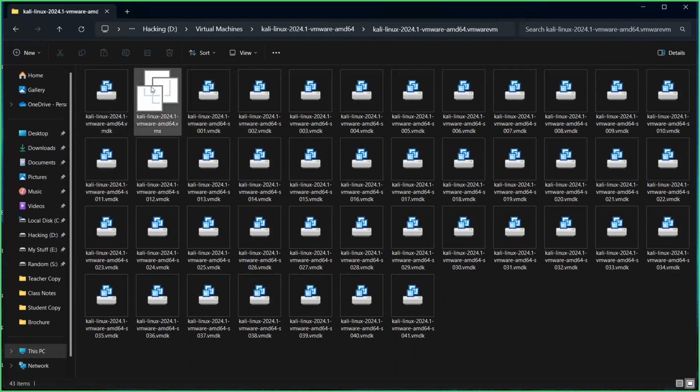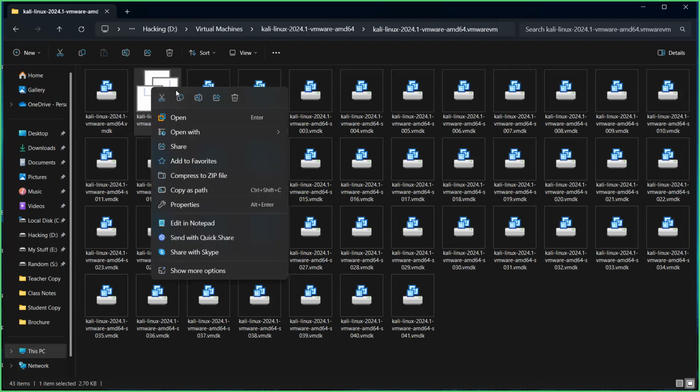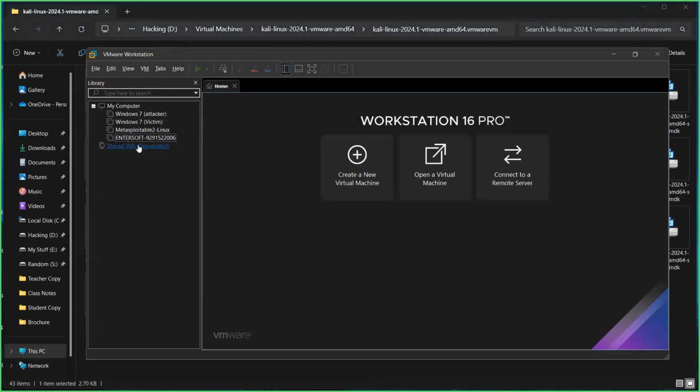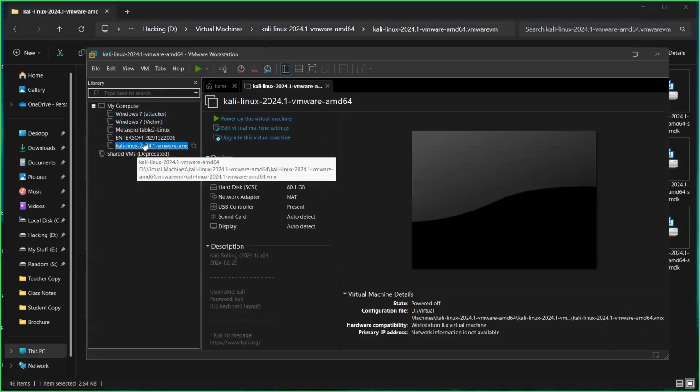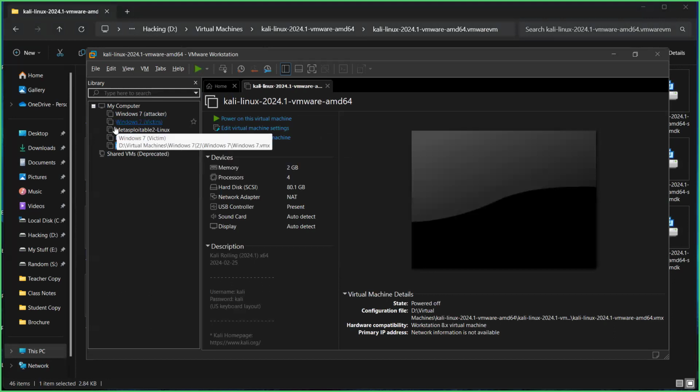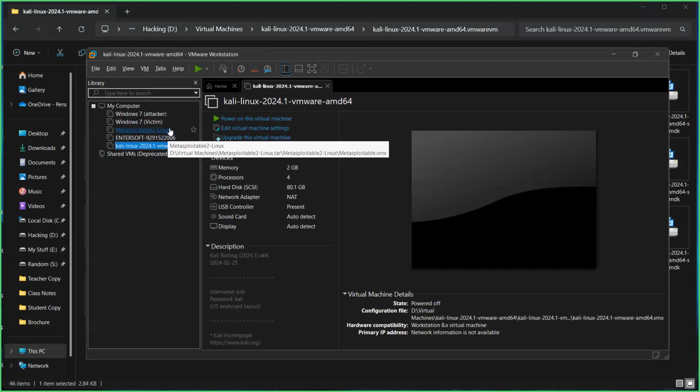So all you have to do is right click on this and then click on open with, and in open with select VMware Workstation. When you click on that, this imports it into VMware. If you notice now on the left side panel here, it adds the Kali Linux operating system. Once it's added here, there are some minor configuration settings to modify. First things first, how much memory do you want to allocate? So click on memory here.